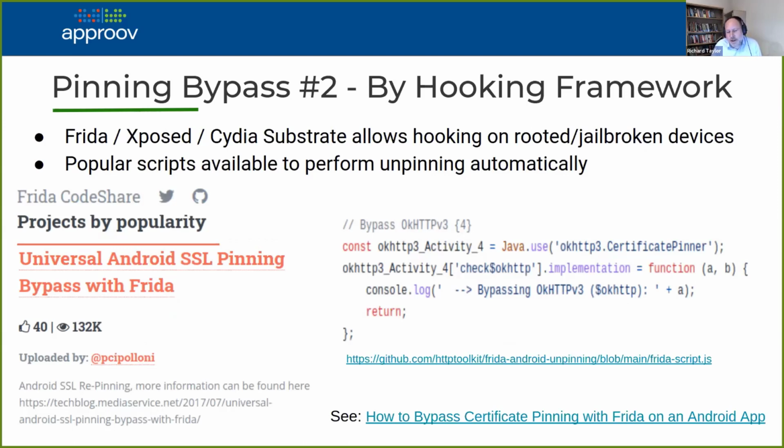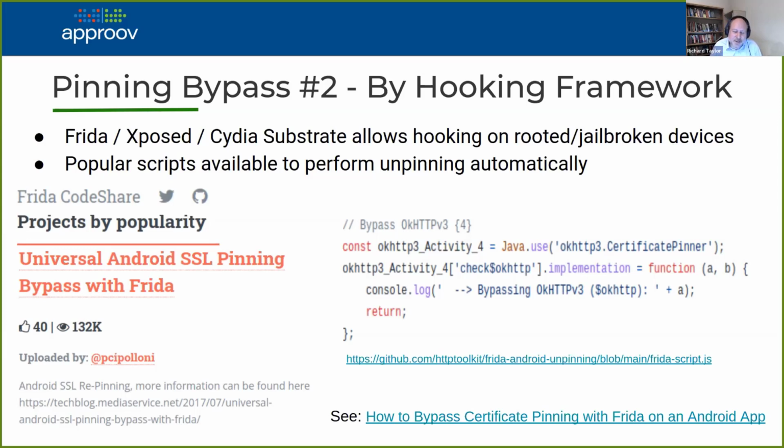And actually, one of the major use cases for these frameworks is to undo pinning. Frida has various open source modules, and if you search for them, the number one with the most users is a universal SSL pinning bypass.